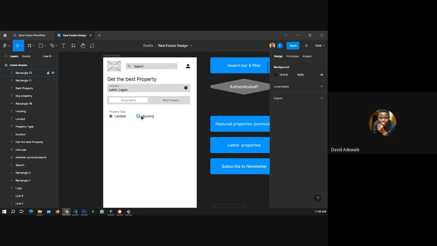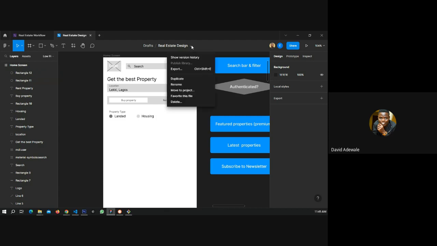So that's why I used to tell you guys that you should try to do your own. Just duplicate this. For those of you that don't know how to duplicate it, you can see duplicate here. When we are done for today's class, you can just duplicate. When you duplicate it, it's going to show you the project phase you want to put it. If it's also draft, good. You can just duplicate it and then continue yourself.